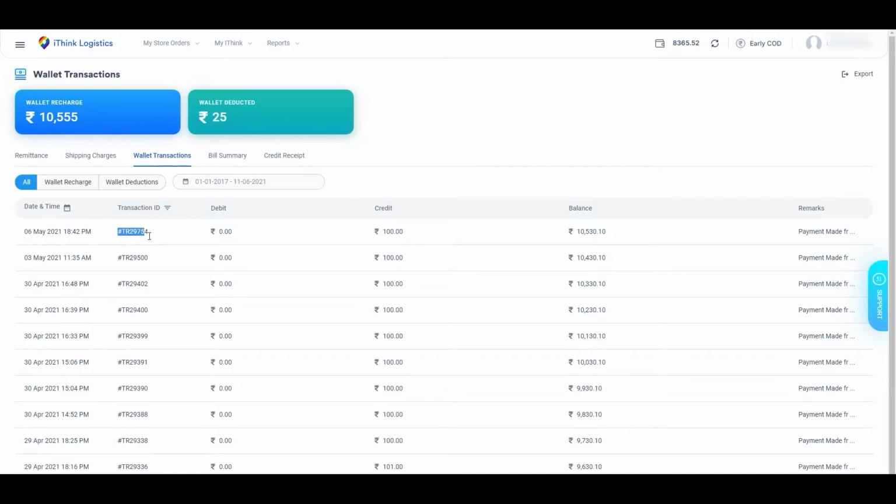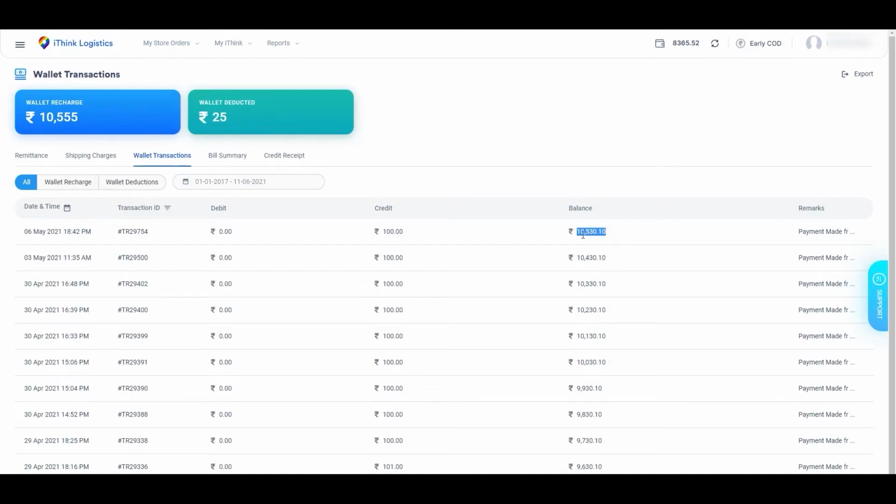The total wallet amount that has been adjusted against a particular invoice you can view in the debit section. The amount which has been credited in the wallet you can see in the credit section. The balance section will reflect the final amount in the wallet. After calculating all credit and debit transactions, whatever final amount is remaining will be reflected here.